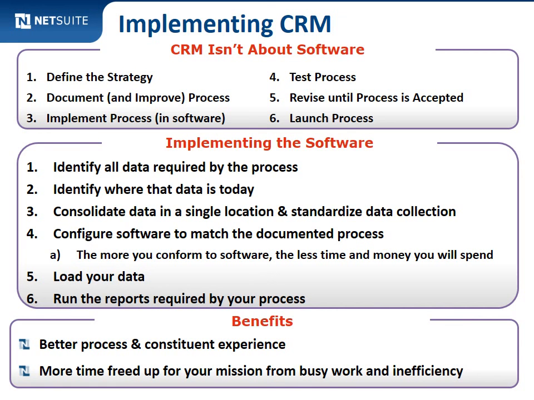The third step is then once you kind of know what process you're going to automate, then you want to put it in the software. And then that's the software piece. Now you got to go actually test it. Does it work? Oh, usually it doesn't work the first time around. You revise it a couple of times until it's acceptable, and then you launch it and you have everybody use the process. So that is what implementing a CRM is, and it's very little about software. Now the folks that then want to know what the software piece